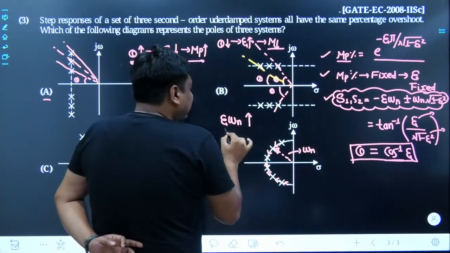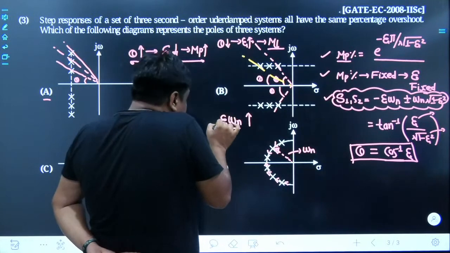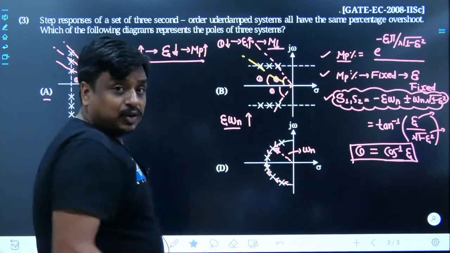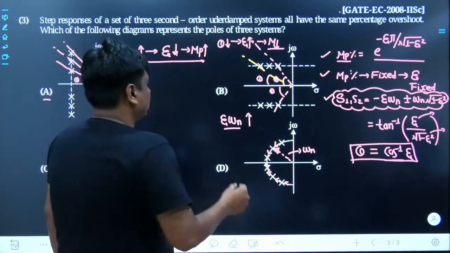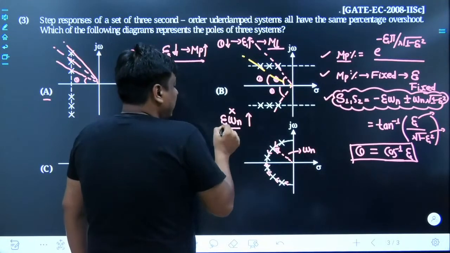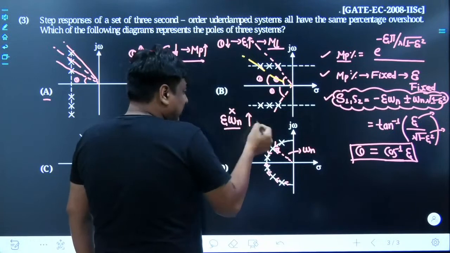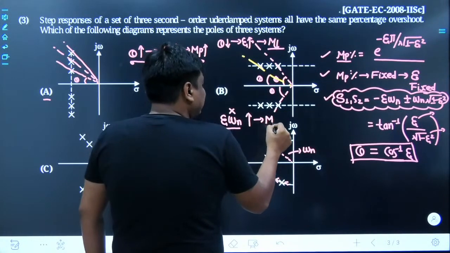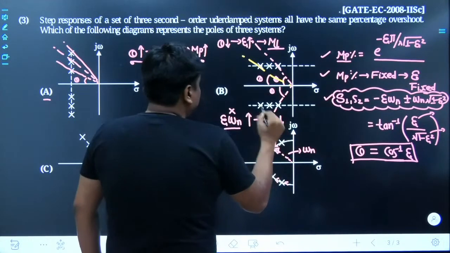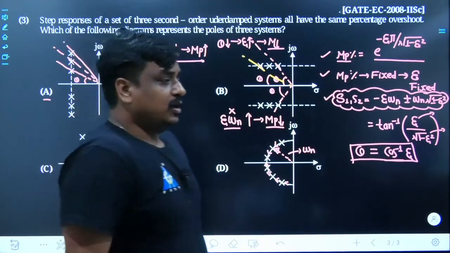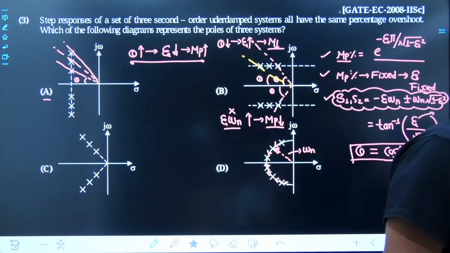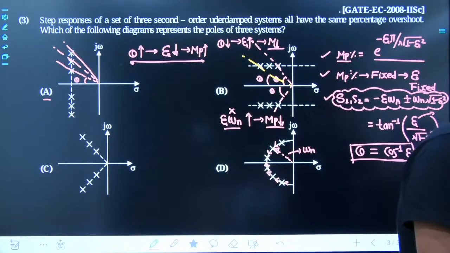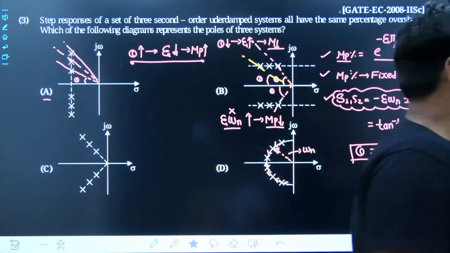Zeta omega n can increase because of an increase in zeta, or because of an increase in omega n, but in this problem omega n has been untouched. As omega n is untouched, zeta keeps increasing, and as zeta keeps increasing, there is no hope, Mp has to reduce. So Jayant Hajra, perfect answer. Amit Kumar, perfect answer. Srija Kunmala, perfect answer. It would be decreasing.